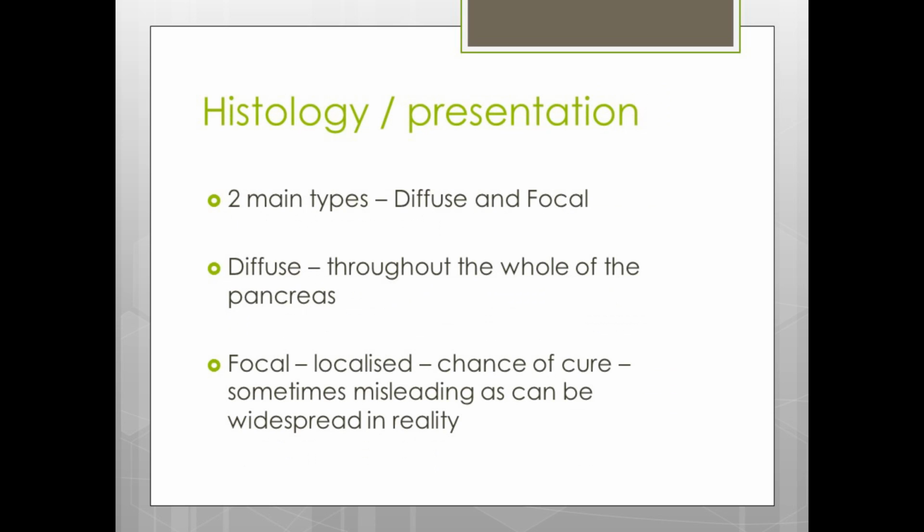There are 2 main types of hyperinsulinism. There's diffuse and focal. Diffuse is the type that my daughter has, so it affects the whole of the pancreas. Focal is localised and offers a chance of cure. What they mean by that is the diseased tissue, if it's removed, can be taken away and the rest of the pancreas is healthy. So if you remove the diseased tissue, then you end up with a healthy pancreas and the children can